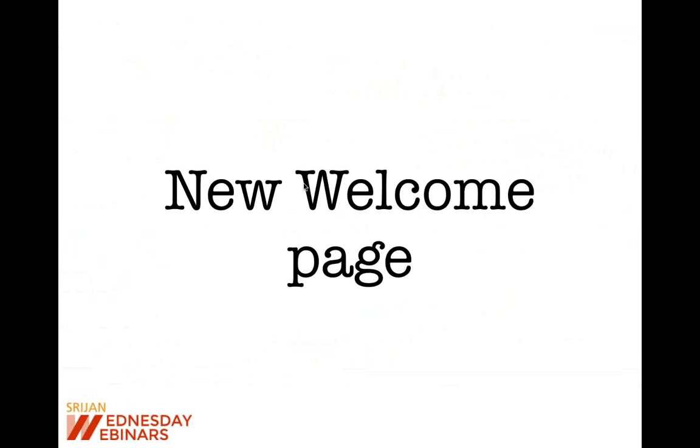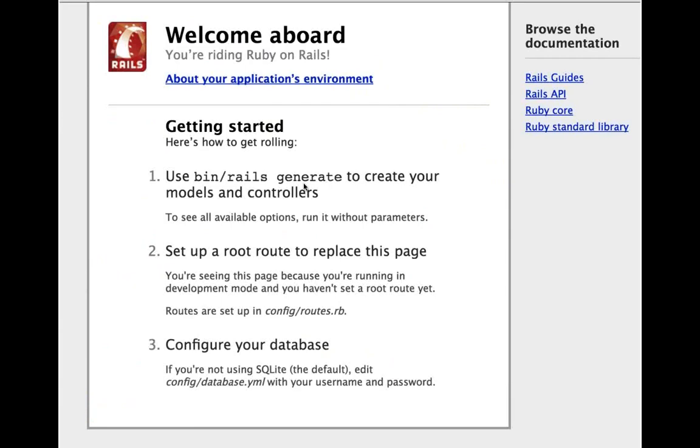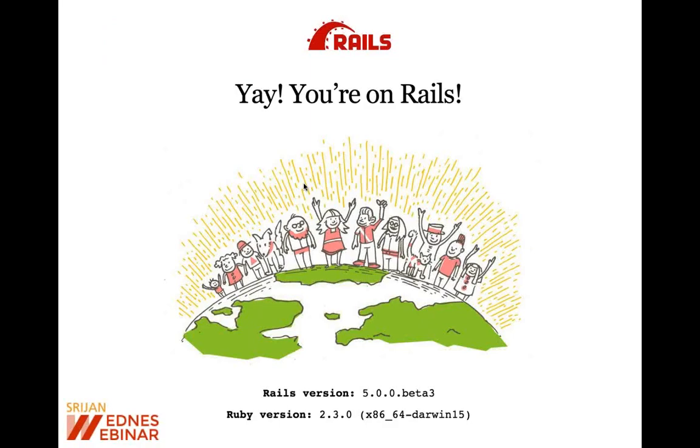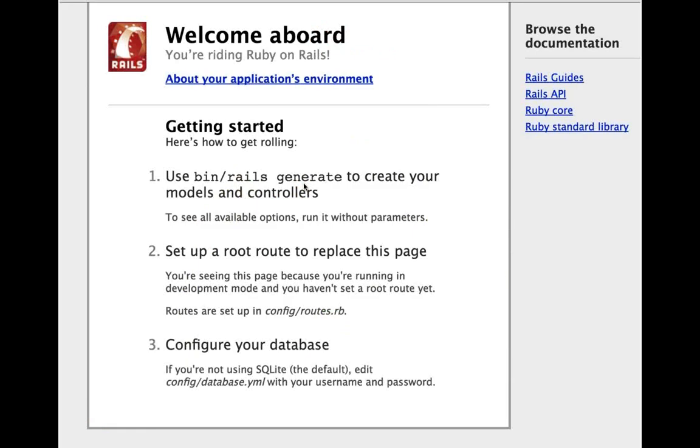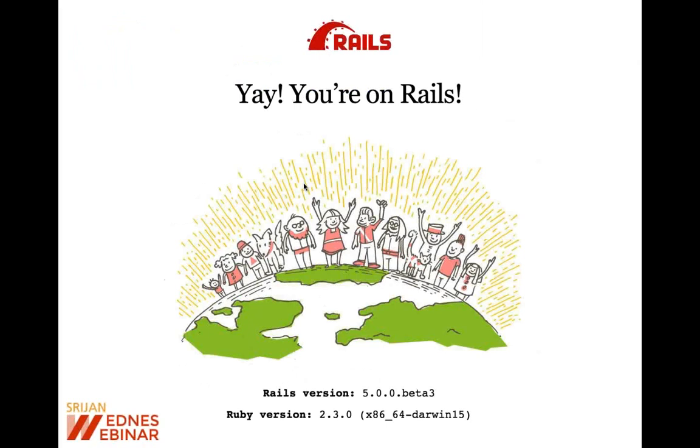Now, another interesting change, and I think people will like this change, is the change in the welcome page. We know that when we do rails server and go to localhost 3000, we see this welcome aboard page. I don't know when this was first created, but this looks very basic, right? But in Rails 5, we will see this. This is a much improved version of the welcome aboard page. It just has two details: what is your Rails version and what is your Ruby version. No other details will be there. So yeah, the welcome page has got a big facelift in Rails 5.